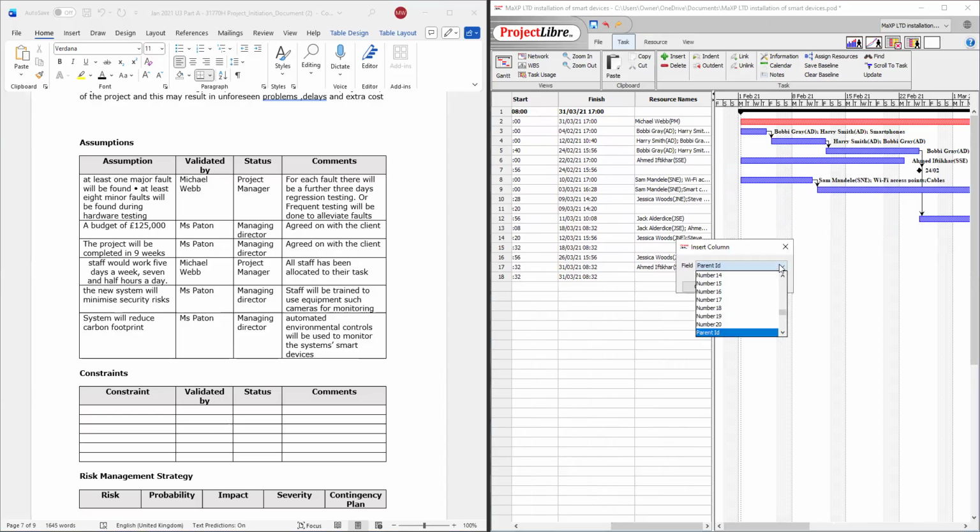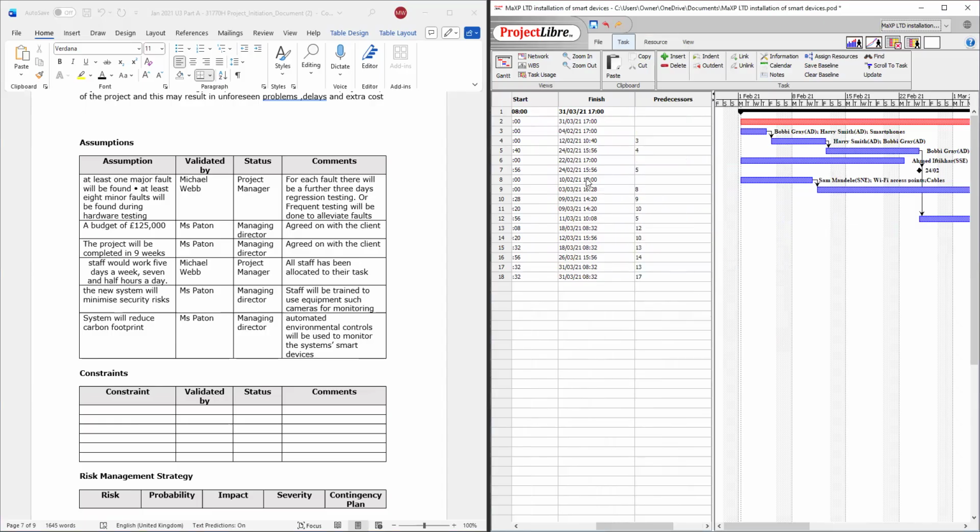So let's get our predecessors back. If you notice, the task at 4 is linked to 3. The task at 5 is linked to 4. The task at 7 is linked to 5.